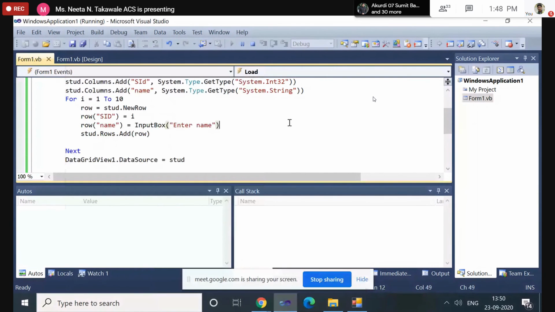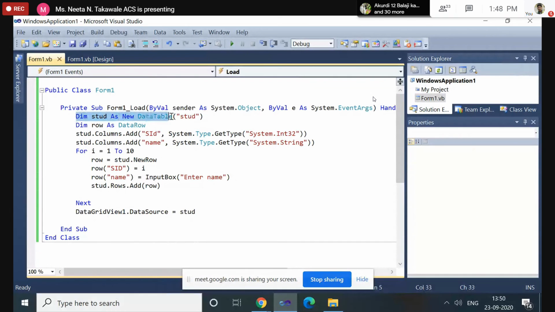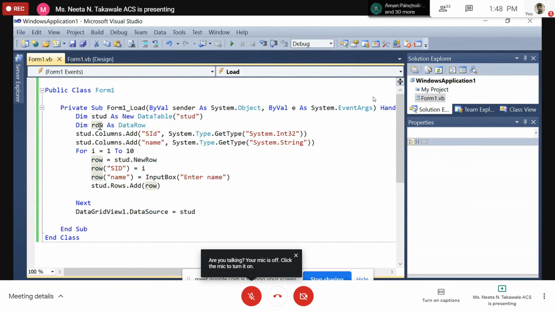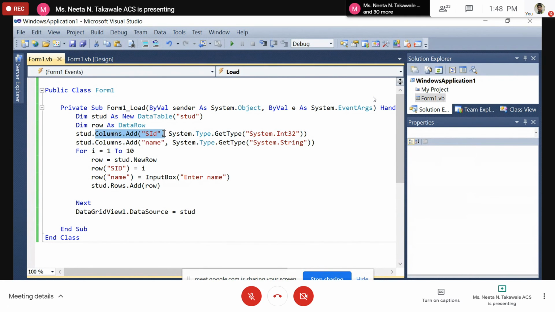So look again at what I have done. I have created an object of data type data table. Then I have created one object of type data row. Using this object, we are deciding which row we want to insert. First we have inserted two columns. We have defined the label and data type. And using the for loop, we are inserting the 1 to 10 sequence numbers inside the student ID.